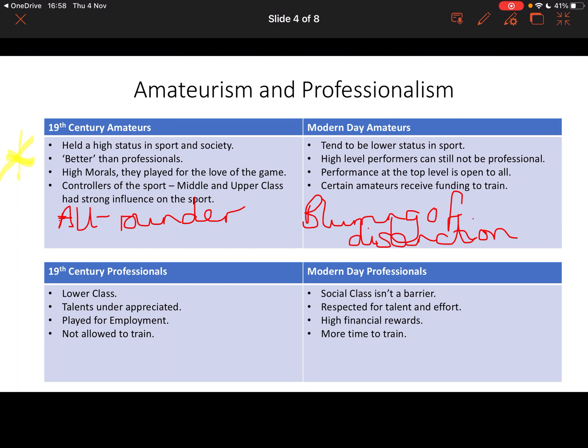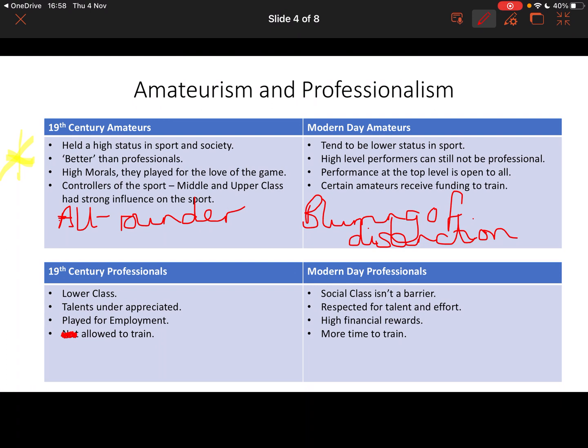Just noticed a mistake there, I'll just cross this out. So they were allowed to train, okay, because they were trying to improve their standard of performance. Remember, it was the amateurs that weren't necessarily not allowed to train, but it was frowned upon if they trained. Talents were underappreciated. And if you look at modern day, you can see the social class is no longer a